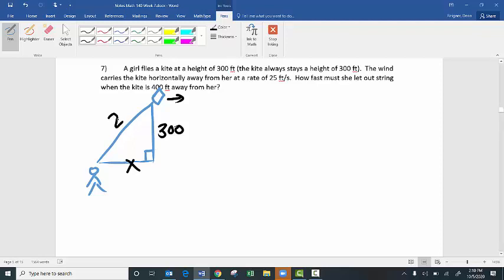So here's the string on the kite. So when this kite is moving out this way, Pythagorean theorem always holds. x squared plus 300 squared equals z squared. So we want to figure out the rate that the string is going to be let out, which is dz/dt. So when you take the derivative,